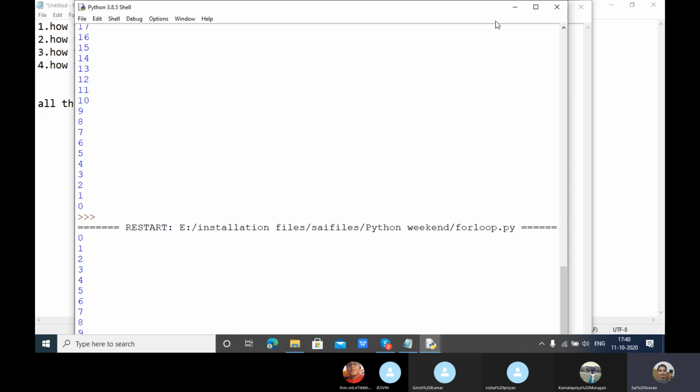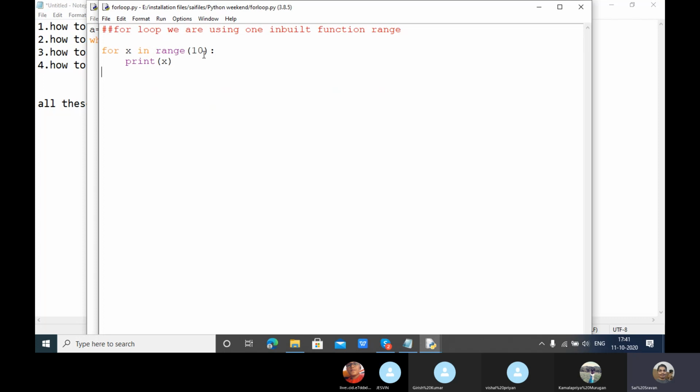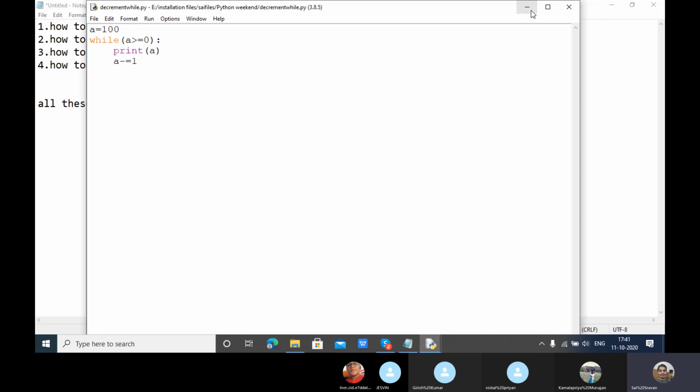Why does it print from 0 to 9? Whenever I give 10 here, the for loop will always start from the index value. What is the index value? 0 is the index value.